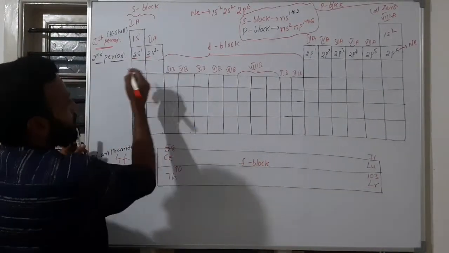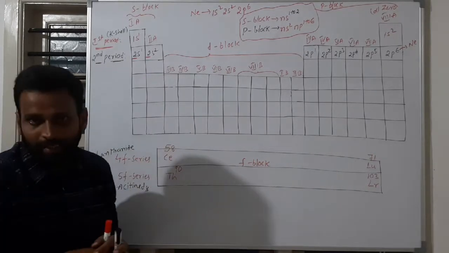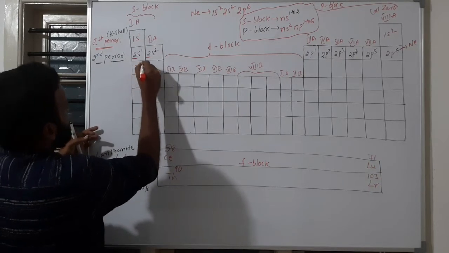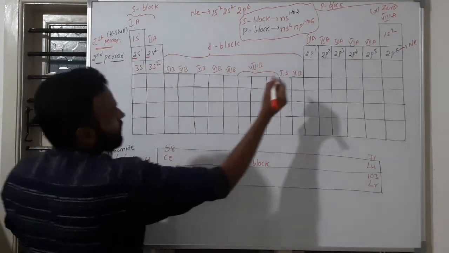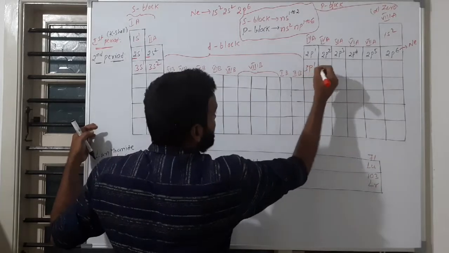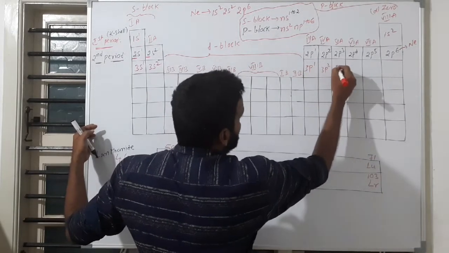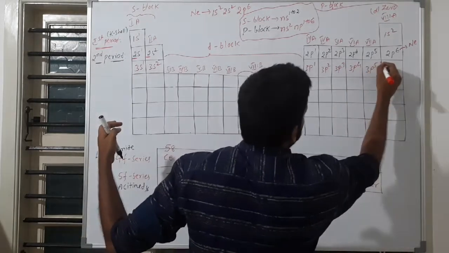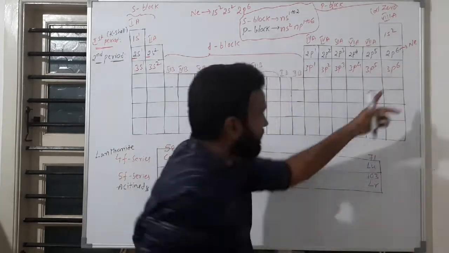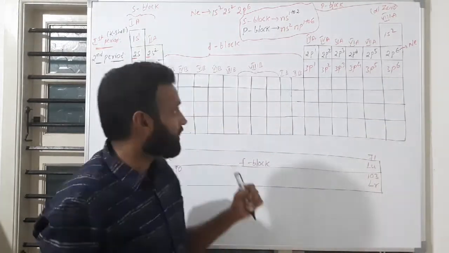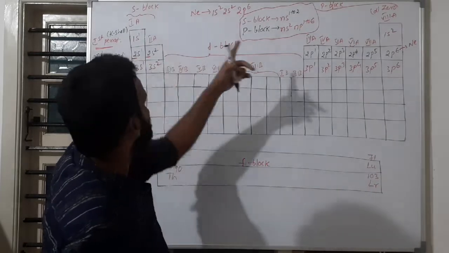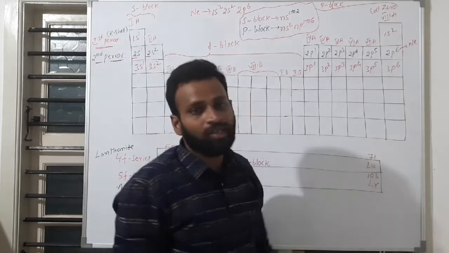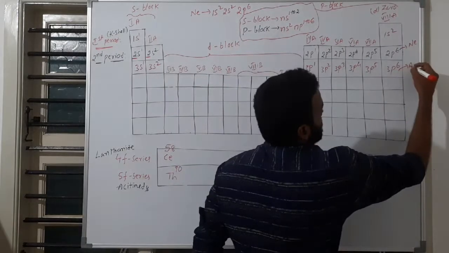Next, here also it is the same story, because the second period and third period are similar. So here we'll fill 3s. Here 3s1 will fill, here 3s2 will fill, here 3p1 and here 3p2, here 3p3 and here 3p4 and 3p5 and 3p6. Here it is argon. What is the argon configuration? You have to start from 1s2, 2s2, 2p6 was filled, 3s2 and 3p6 is the argon configuration.